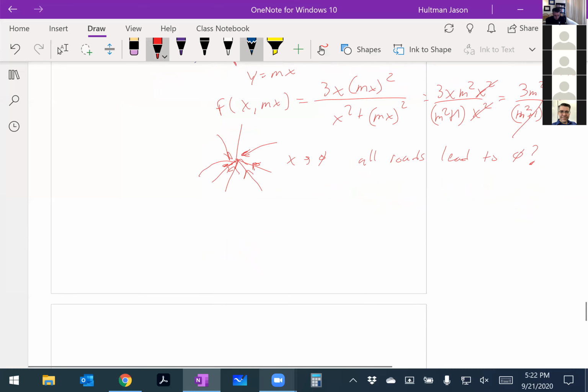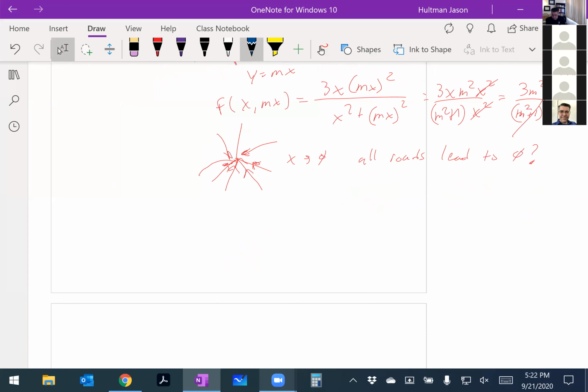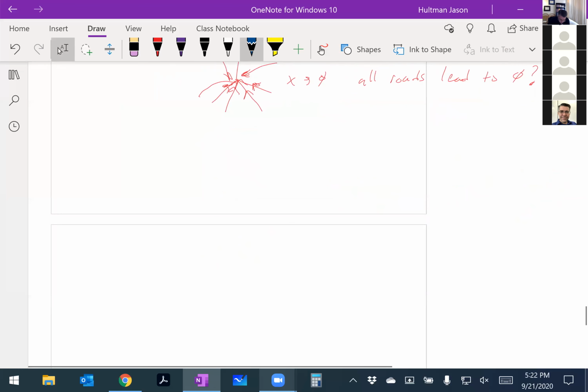So we would have to do a proof. So let's do a proof here. Proofs are fun. Proof. Prove what? Prove that the limit as x, y approaches A, B,